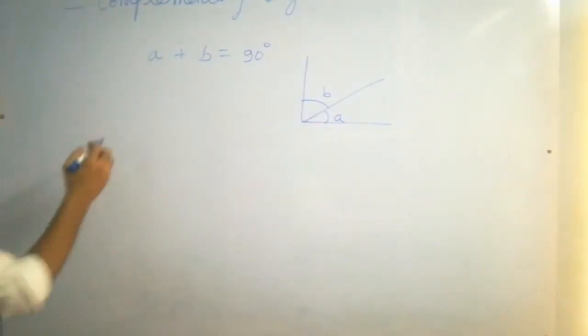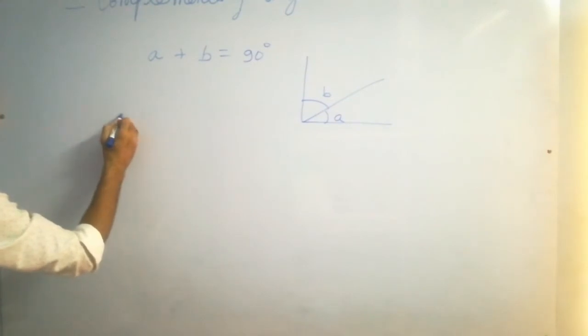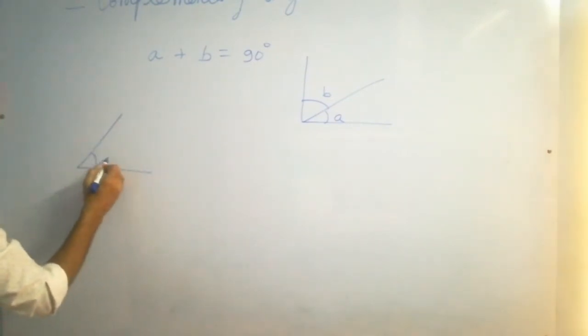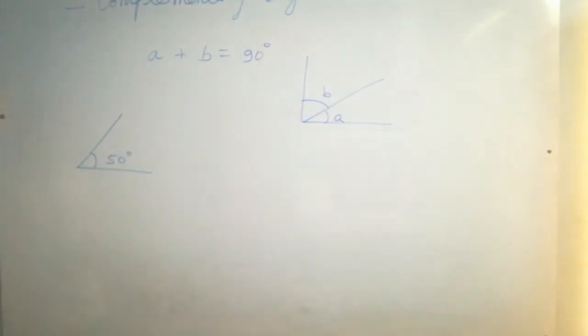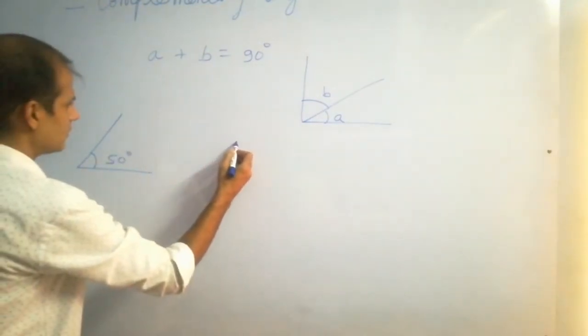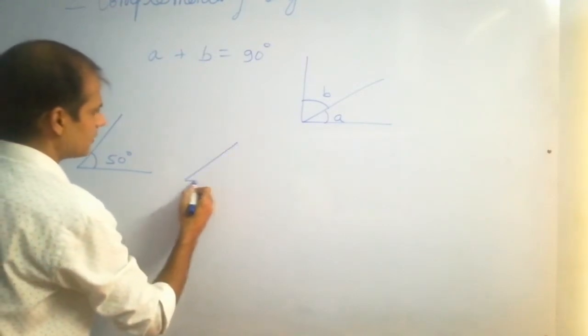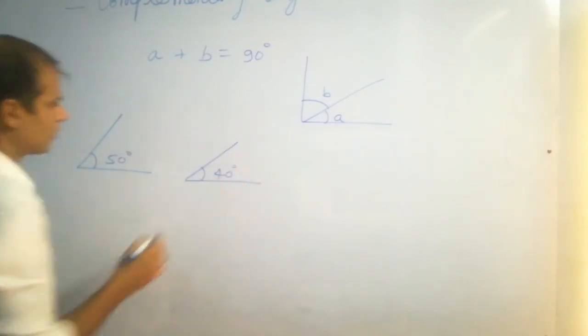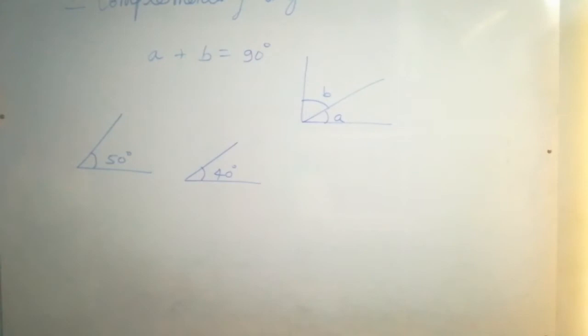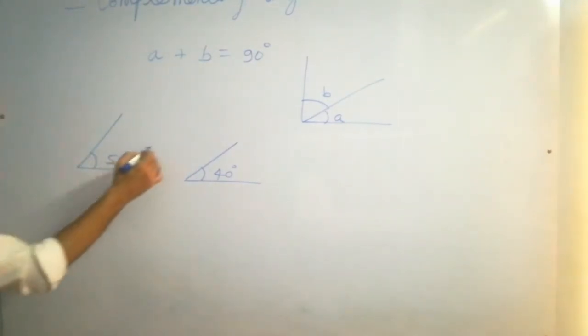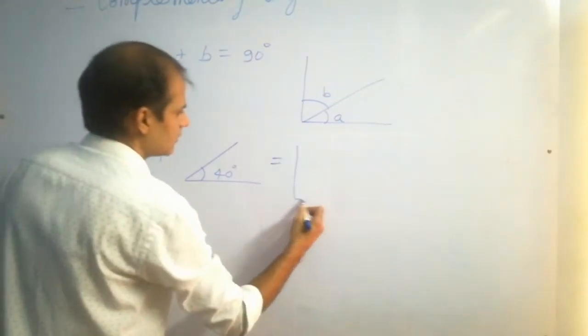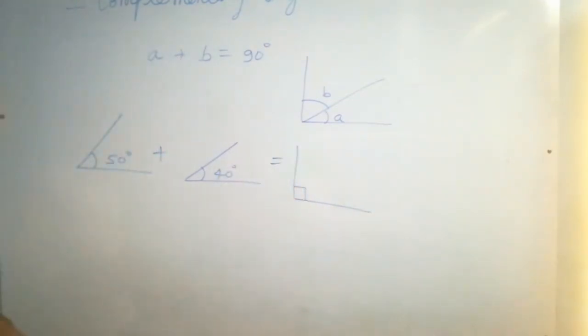How? See, suppose this angle is 50 degree, okay, and this angle is 40 degree. So if you add both these, you will get a right angle. So 50 degree plus 40 degree, you will get a right angle. Again, both these are complementary to each other. Now,